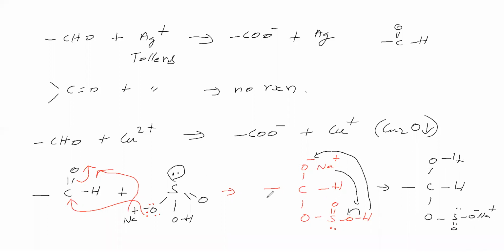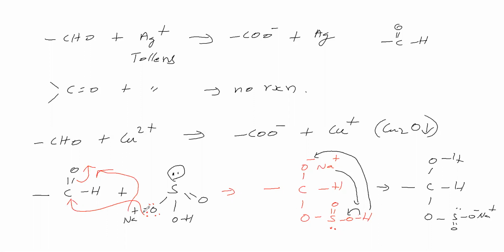Therefore, this reaction is called an addition reaction. This O minus is donating a lone pair to this carbon. So the carbon is accepting, so carbon is the electrophile. O minus is the nucleophile, so a nucleophile is adding to this carbon. Therefore, it is called a nucleophilic addition. So an aldehyde can undergo a nucleophilic addition reaction. Next we will see Schiff's test. Schiff's test is also for aldehyde. Aldehyde responds to Schiff's test, whereas ketone does not.